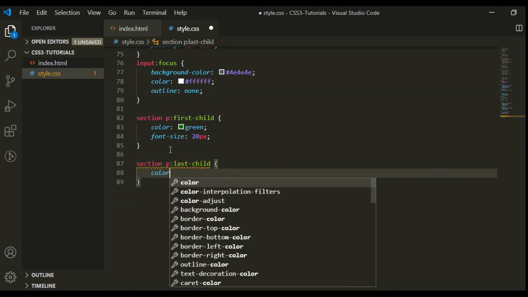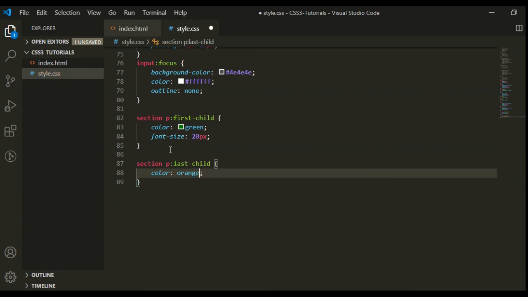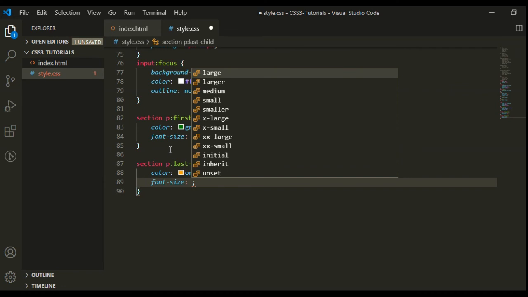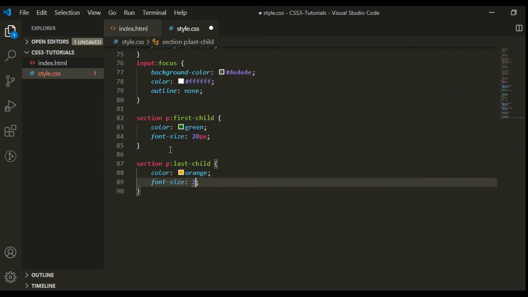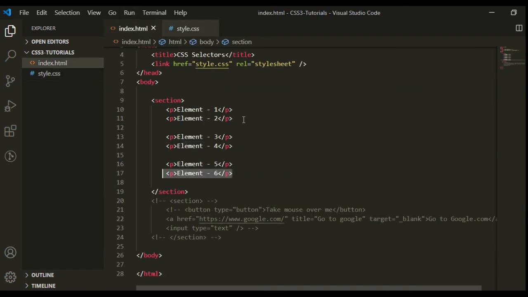We can give the color, it's orange, and change the font size like 24 pixel. And here we have selected first element, last element, and also we can select any number of element.